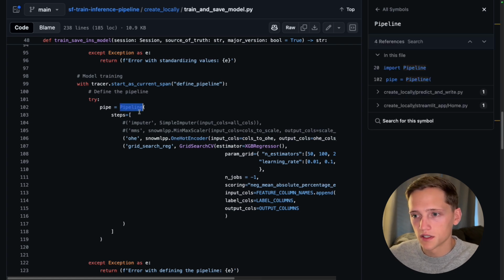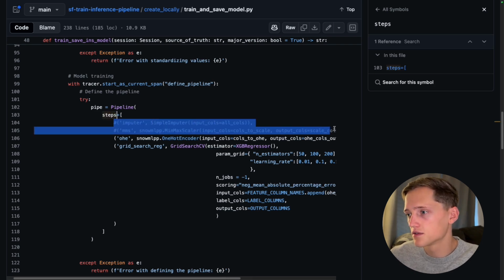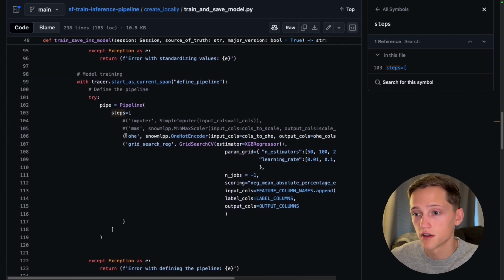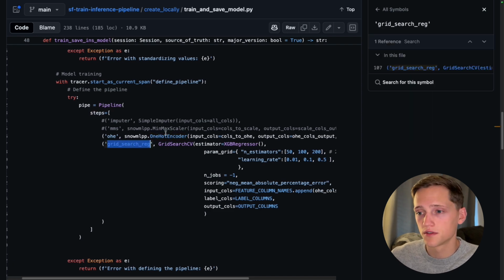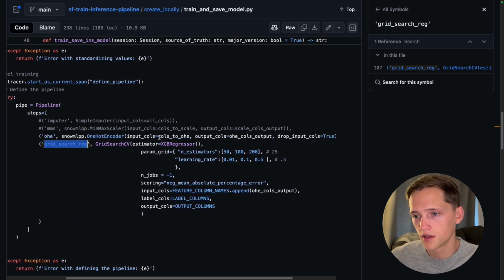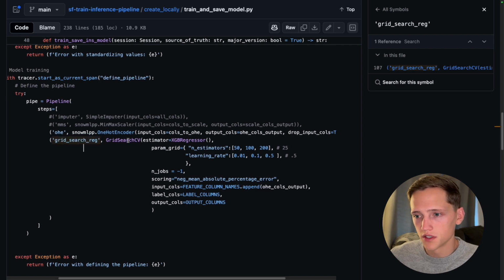So we just initialize a pipeline, we dictate the steps, and in this case we have a couple steps that we're not using. I've just commented those out for now, and so the only two steps that we're actually doing are one-hot encoding and doing a grid search. Now, I explained a little bit about what one-hot encoding is, so I won't go too into that, but what the grid search is,